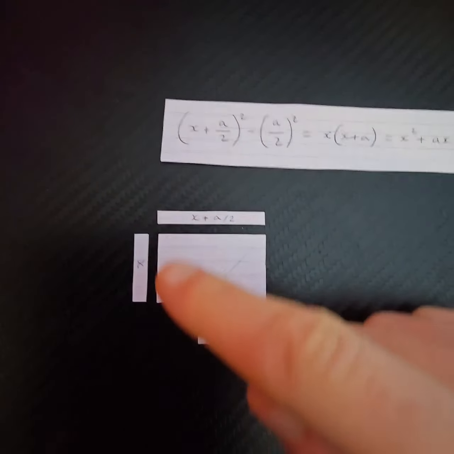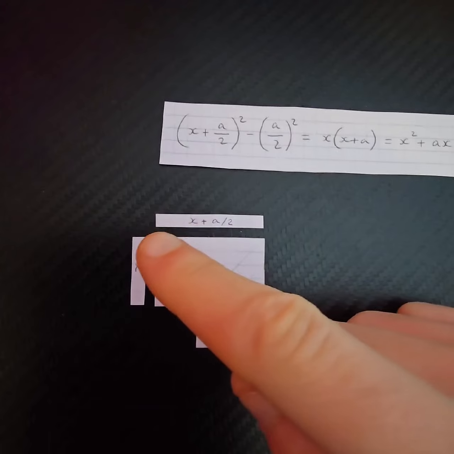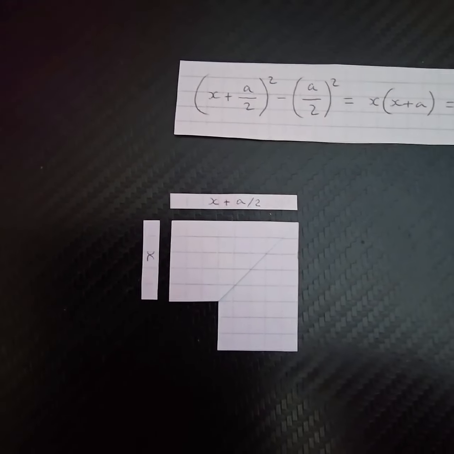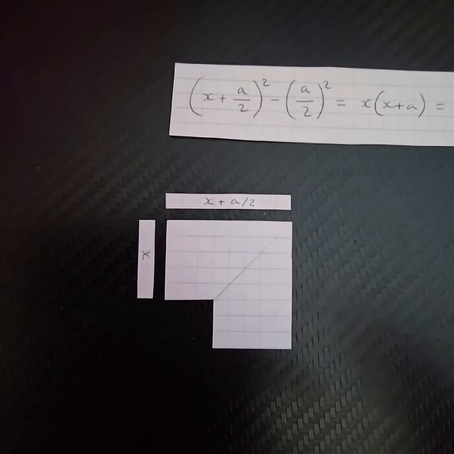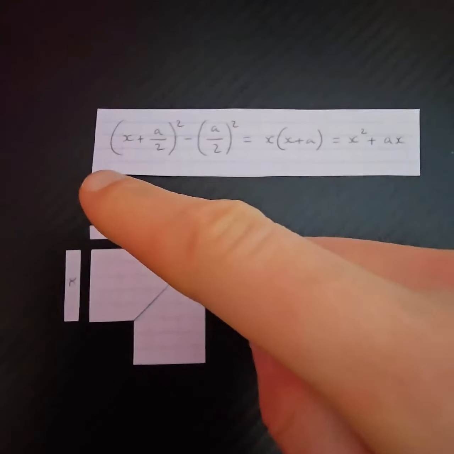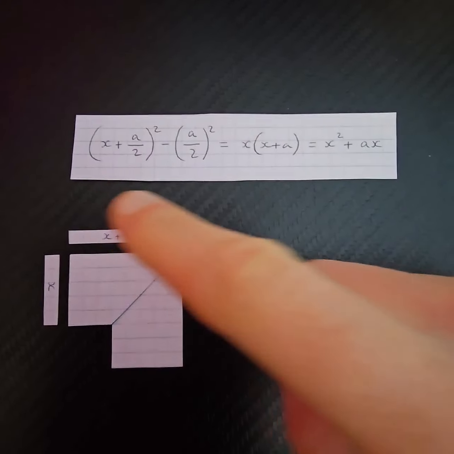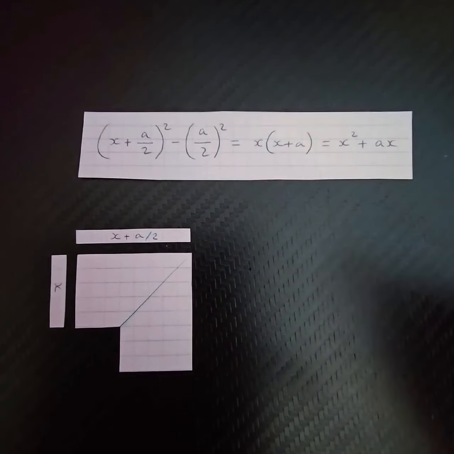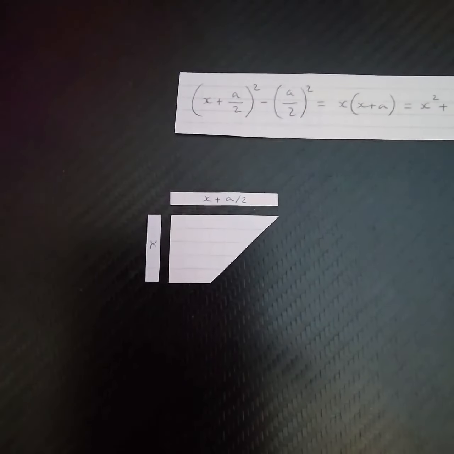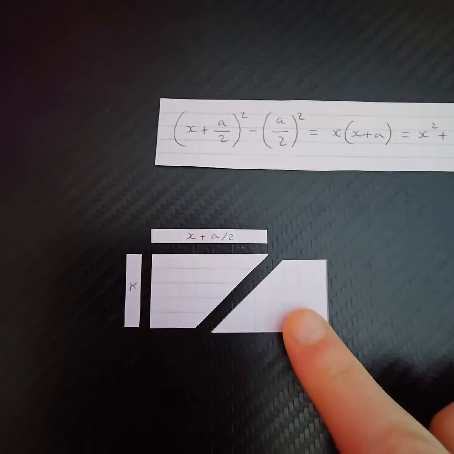Now the length over here is x, and the length across is x + a/2. Now I'll be doing something interesting to these pieces to show that this identity up here is true. Now what I'm going to do is move this over here like so,